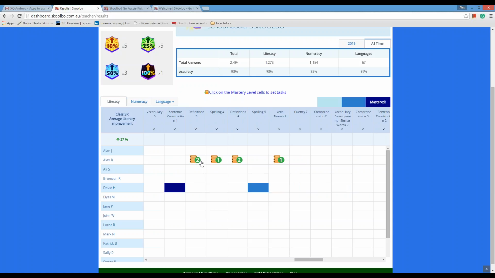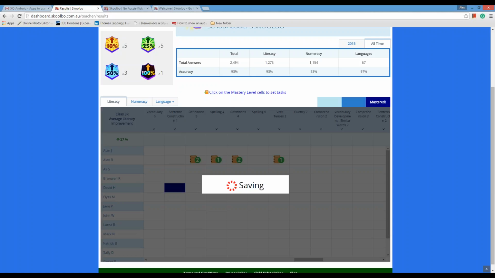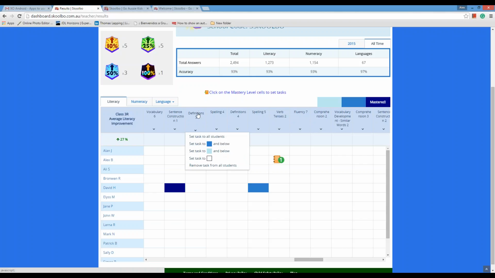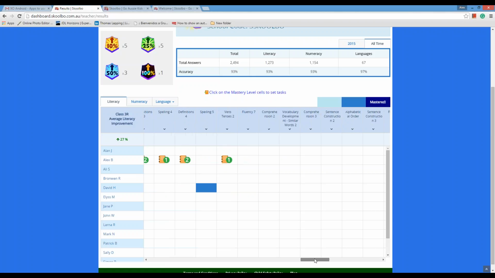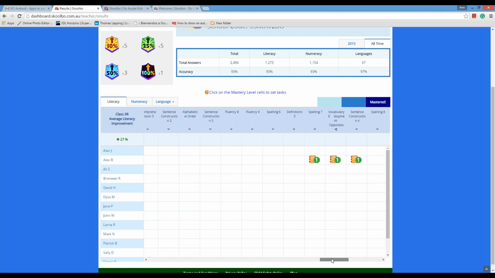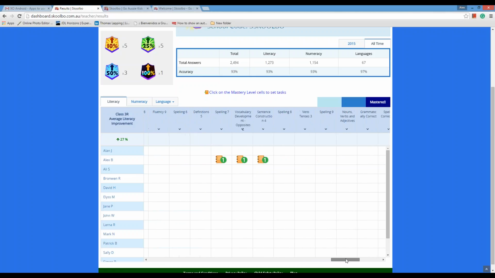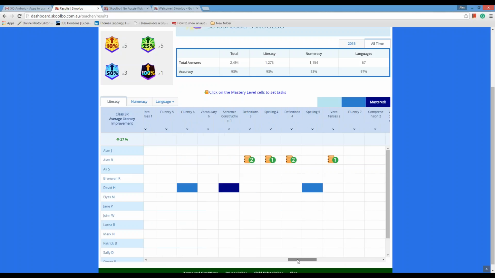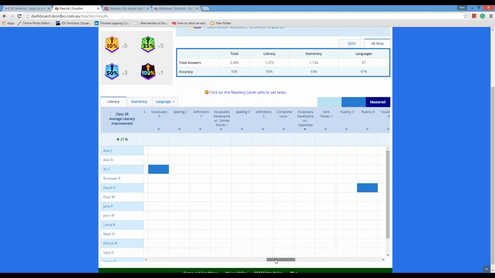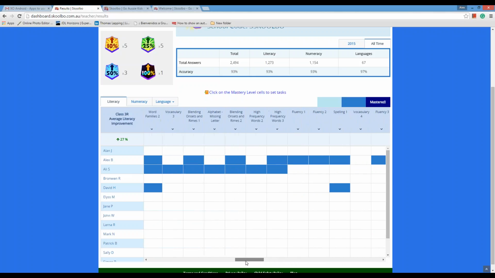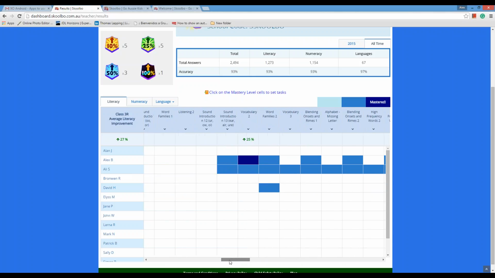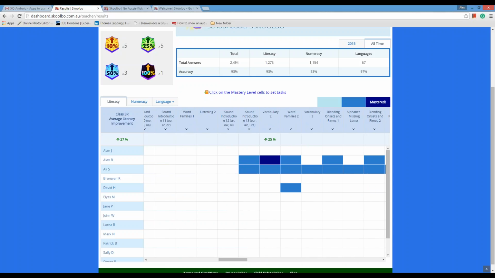Sorry, I didn't mean the 1 or 2. I meant, you've got definitions 3. What does 3 mean? That's coming straight off the national curriculum. I think we might have abbreviated it a little bit too much. I'll have to get an export for you to see how they all link up. But yes, it's mapped to the curriculum. Okay. Let me get that for you.